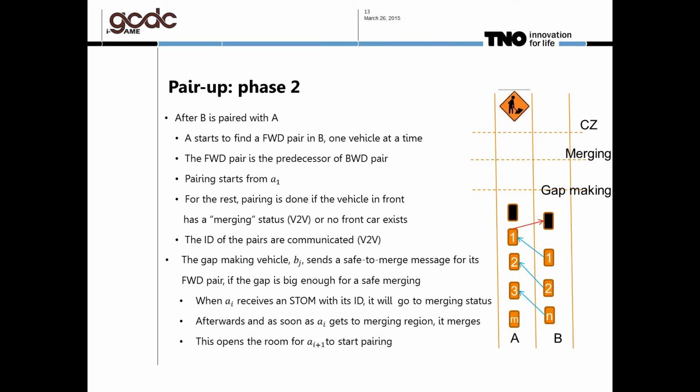So by the time the first car reaches the merging region, just before the construction site, it has enough gap and is able to merge into platoon B. This goes on to the end of the platoon. For added safety, we envisaged a safe-to-merge message. Each car in platoon B has to send a safe-to-merge message to cars in platoon A to make sure that the gap is big enough and the maneuver can be done in a safe manner.